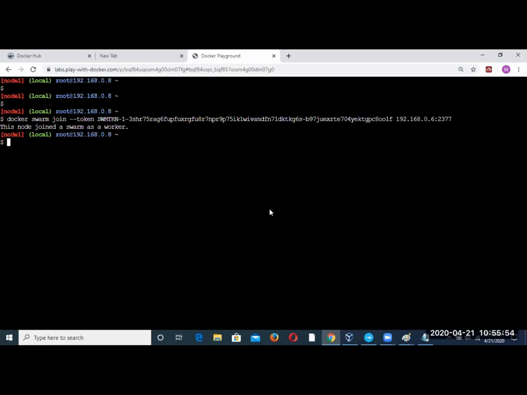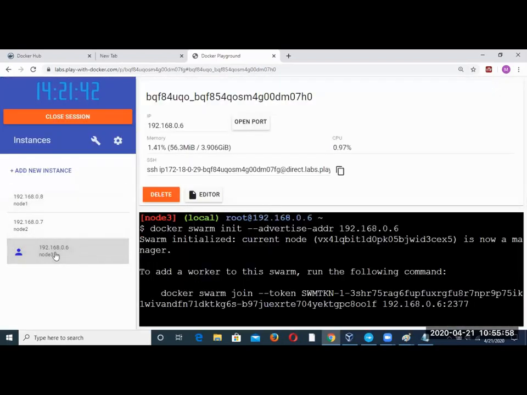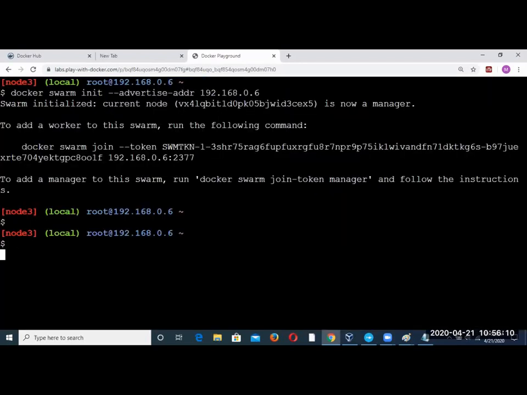Now I have to initialize the service. So let me go back to the master machine. Let's see how many nodes it shows here, and list out the nodes.